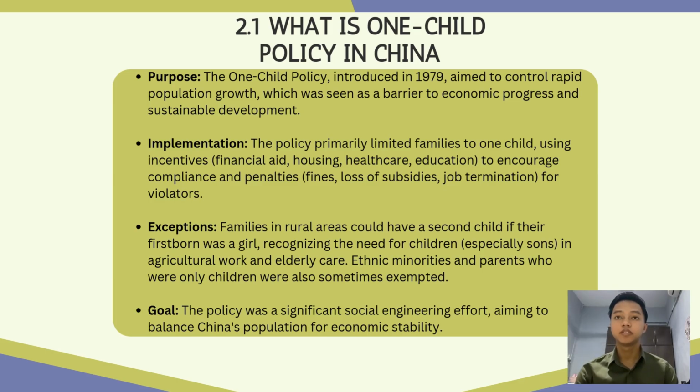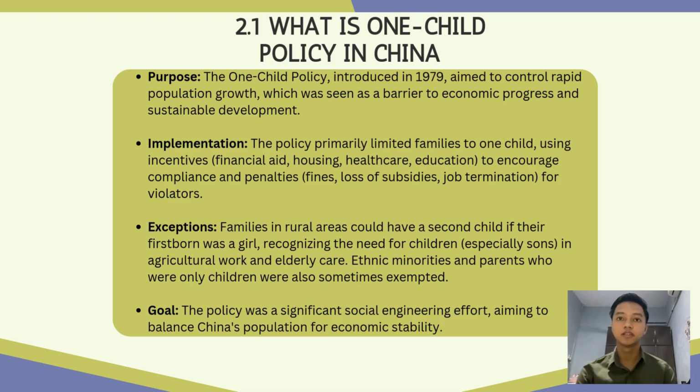Today I will continue to present about what the one child policy in China is. The purpose for this policy: the one child policy was introduced in 1979 and aimed to control the rapid population growth, which was seen as a barrier to economic progress and sustainable development. The implementation of this policy: the policy primarily limited families to one child, using incentives such as financial aid, housing, healthcare and education to encourage compliance, and penalties such as fines, loss of subsidy and job termination